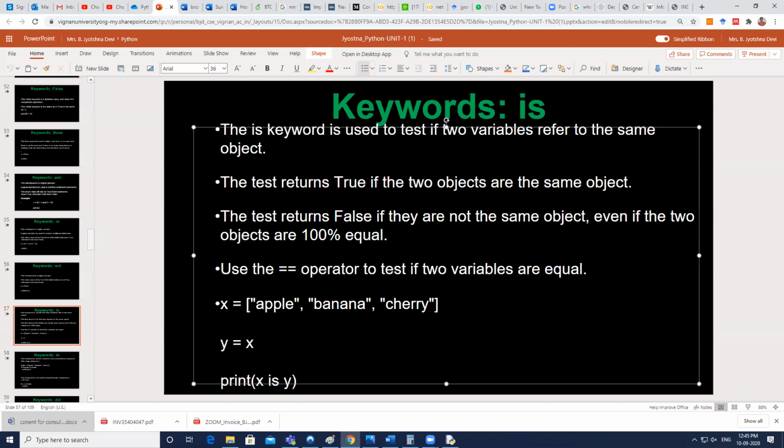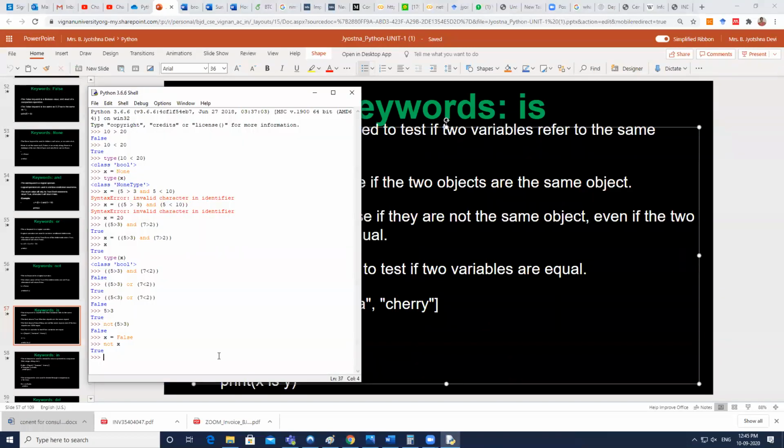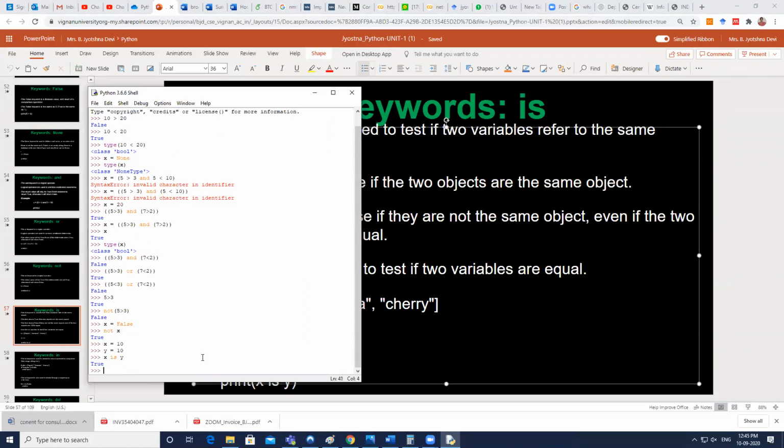So now let's see, x equal to 10 and y is also storing the value 10. So both are referring to the same value, the same object. See, x is y. Both are referring to the same object or not. Just to check that, you can use is. In Python, it's entirely different.